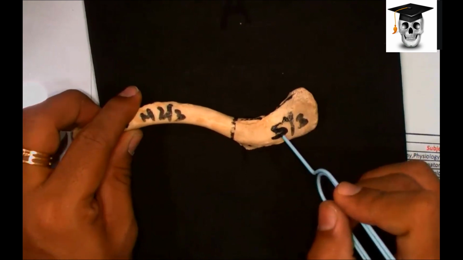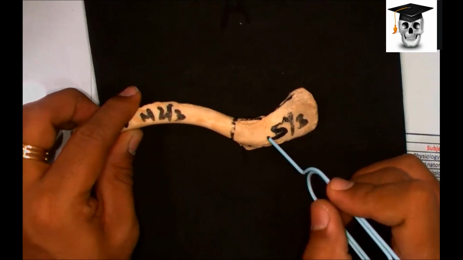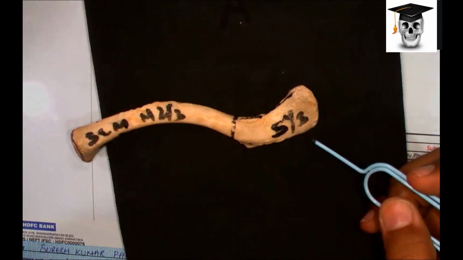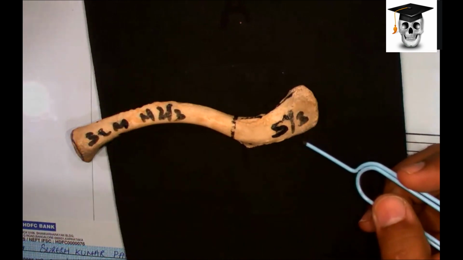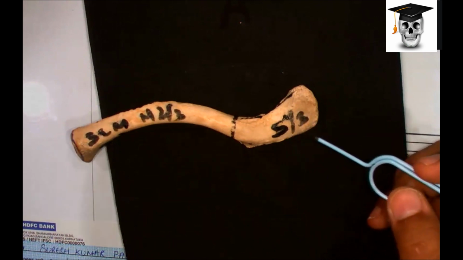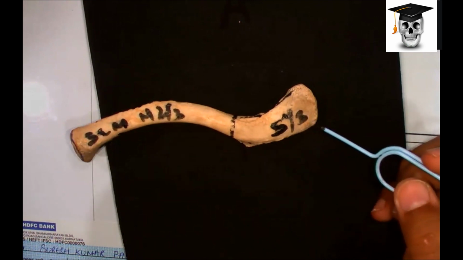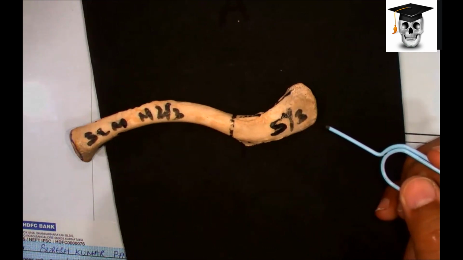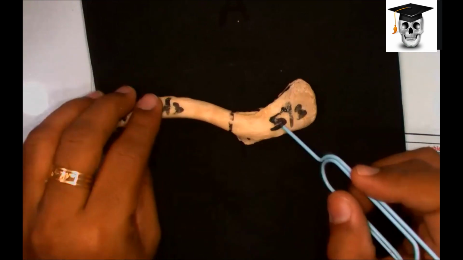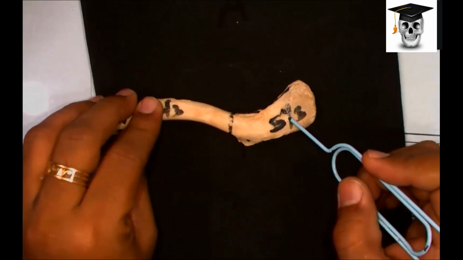Now you come to the superior surface. The superior surface doesn't give attachment to any muscle. It is subcutaneous. I want you to use your finger on your own body and trace the clavicle all the way to the lateral end of its superior surface. You will be able to feel it. If there was a muscle, you would not have felt it. So the superior surface of the clavicle is subcutaneous.